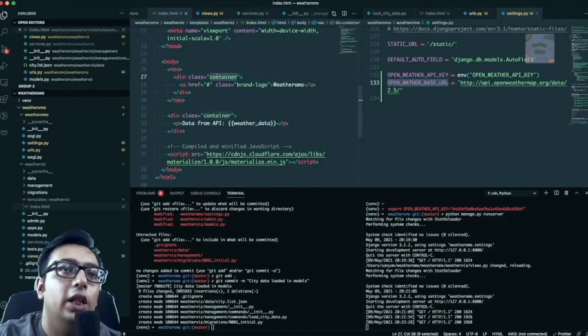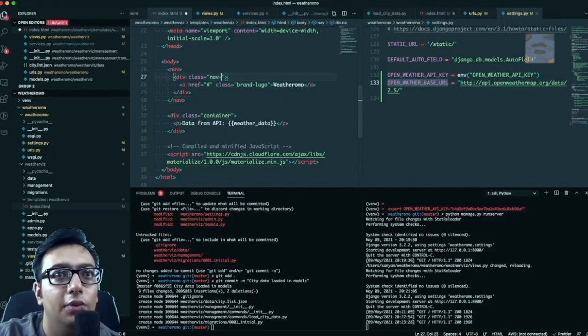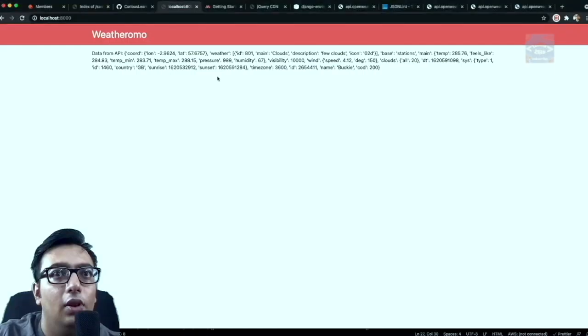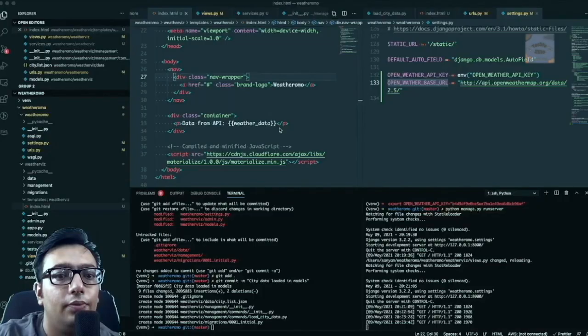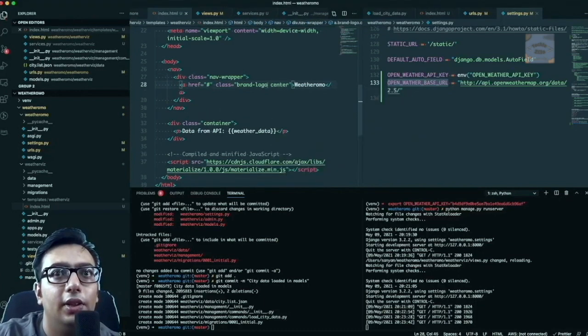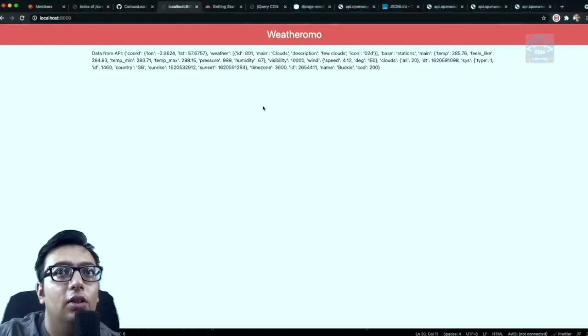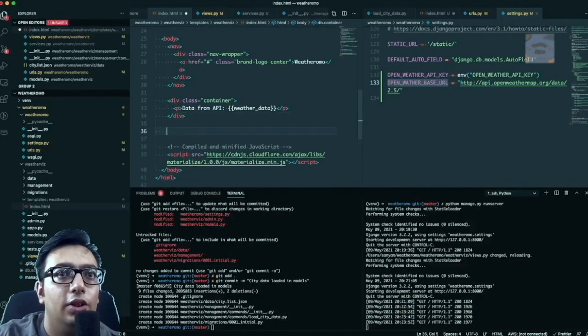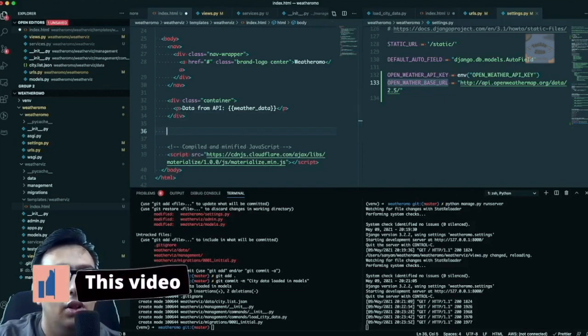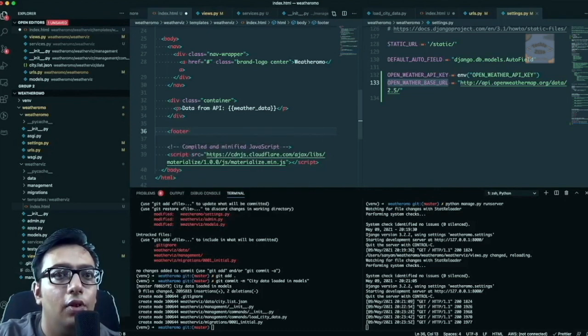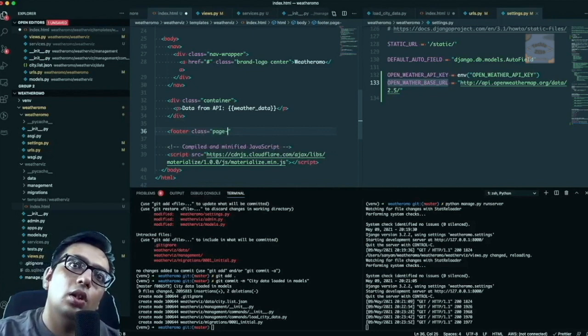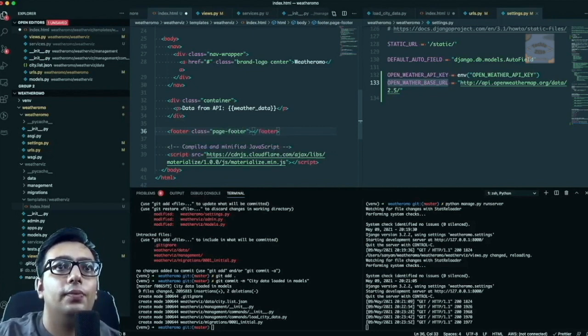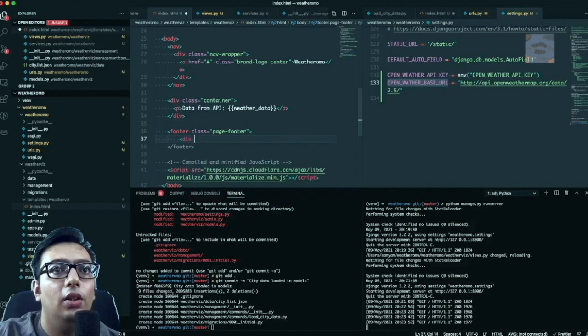So inside the nav, let's not use container, but let's use nav wrapper, and let's just center the logo by using the center class. So yeah, this is looking good. So now what we'll do is let's also add a footer to our page. So we'll do a footer, class of page footer, and let's give a div class of footer